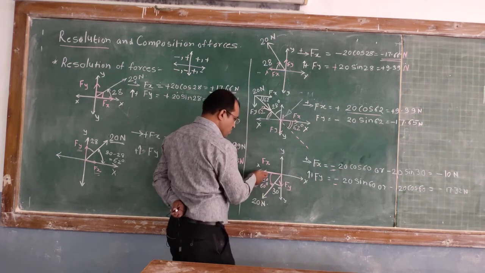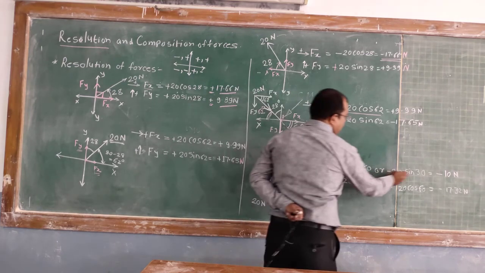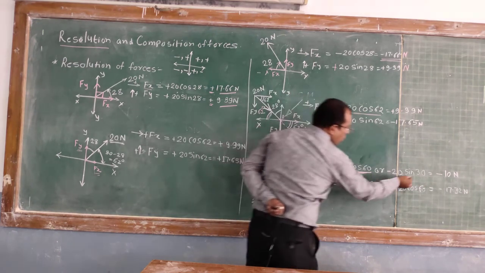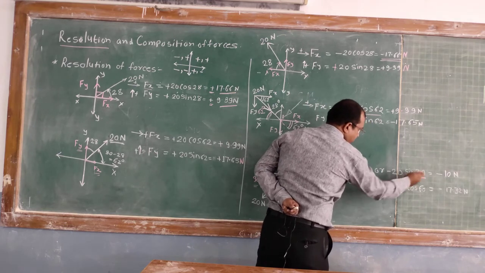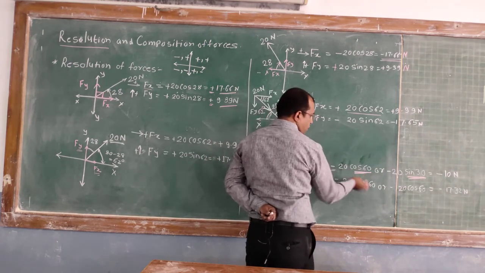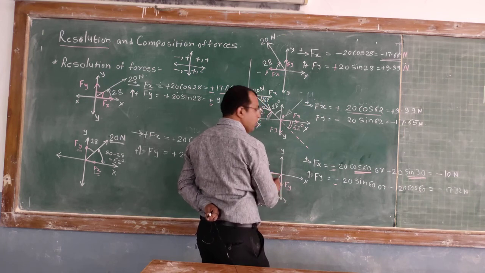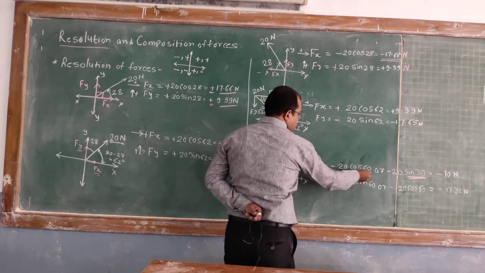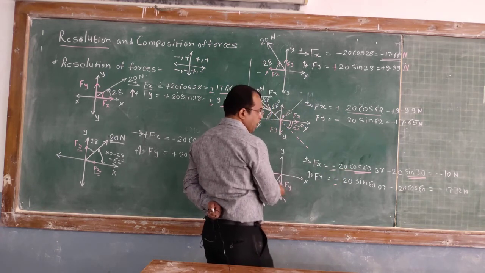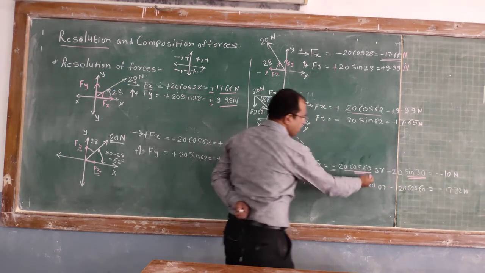So 20 cos of 60, or instead of that we can write it as 20 sin of 30. Instead of cos, I have replaced it by sin. So you can write sin 30 instead of cos 60. So please remember this conversion. Okay. So when the angle is given with respect to vertical, for a better way you have to find out the angle with respect to horizontal and use this formula. If some students are able to work with the vertical angle, they can use the sine. So instead of cos it becomes sine, and use the same angle here also.